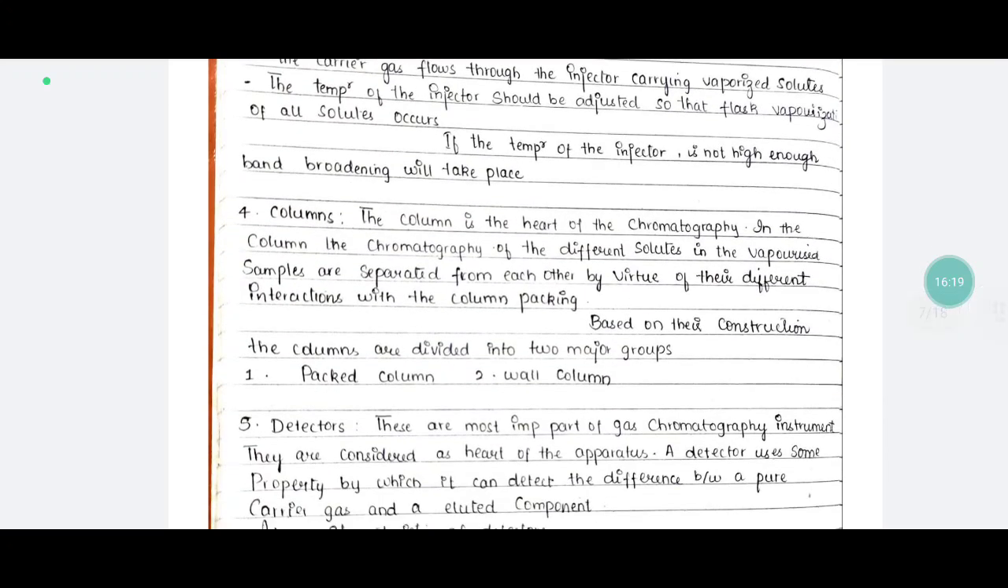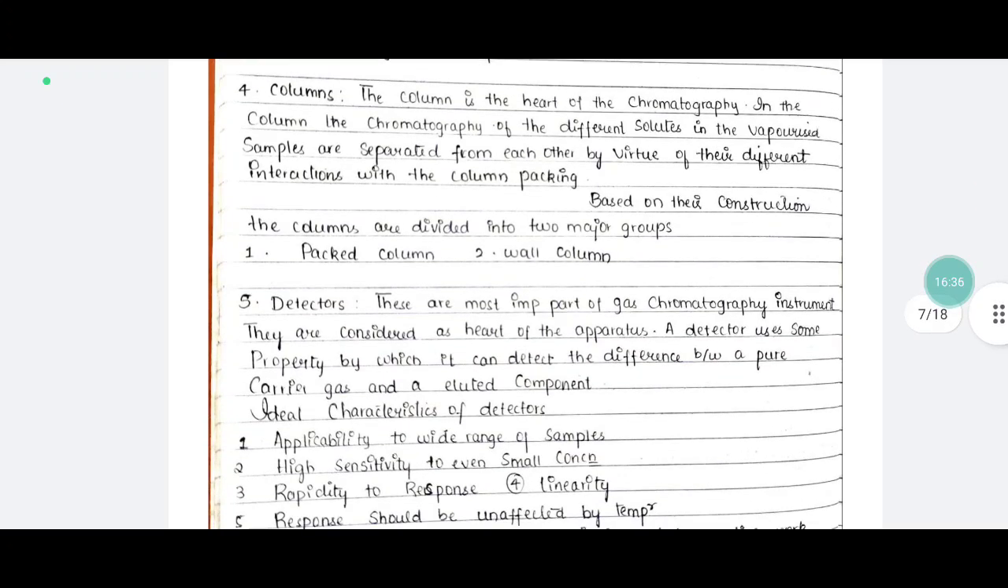Number 4 is columns. The columns are divided into 2 major groups, that is packed column and wall column. And last, detectors. The detectors will be characterized